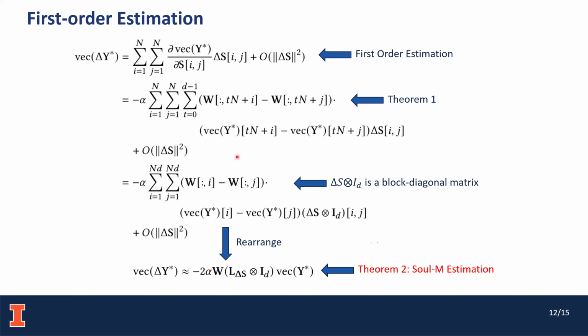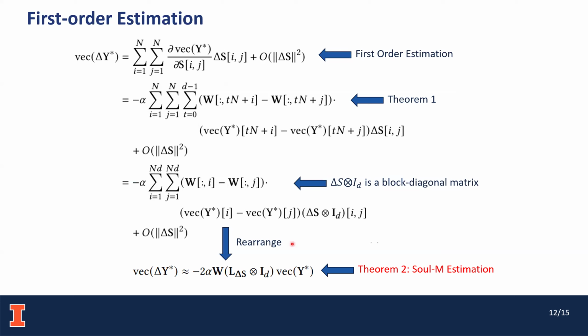I wanted to clear that this equation holds because we are considering the Kronecker product of delta S times an identity matrix, which is a block diagonal matrix. So when i minus j is larger than capital N, this one is going to be 0. So the equation holds. And finally, by rearranging the third line, we'll get the final estimation of the change in